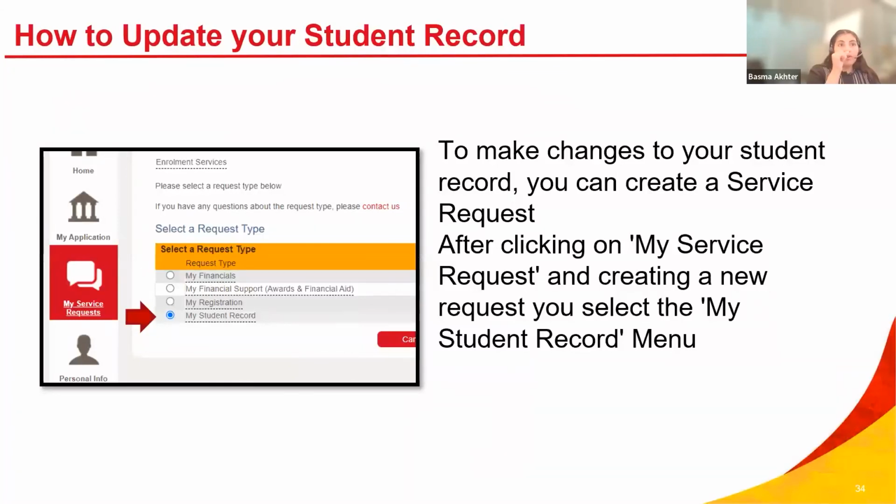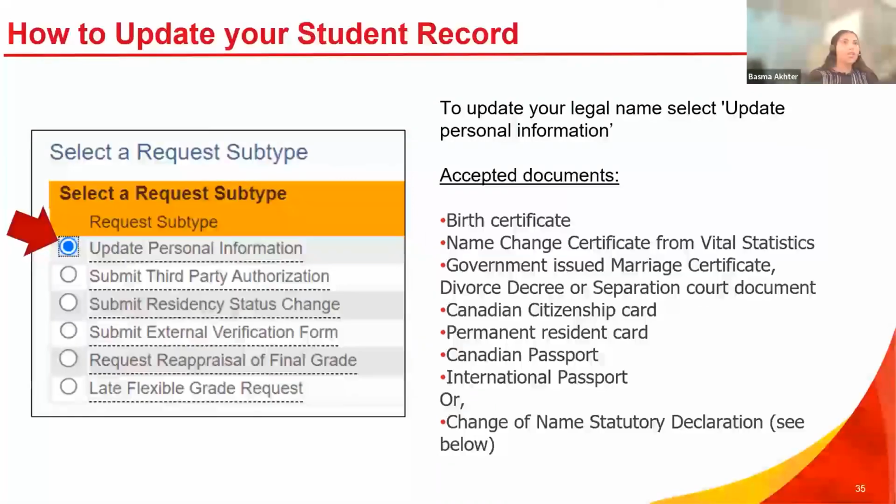Okay, but what if you wanted to actually change things that are associated to your student record and require Enrollment Services to proceed with that change? You would select the student record category again in your service requests page. And let's say in this case, you're trying to change your legal name on file. You'll choose the option that says update personal information and give us one of these listed documents. We don't need all of them. You just need to give us one document that's listed here, and we can update your legal name on file